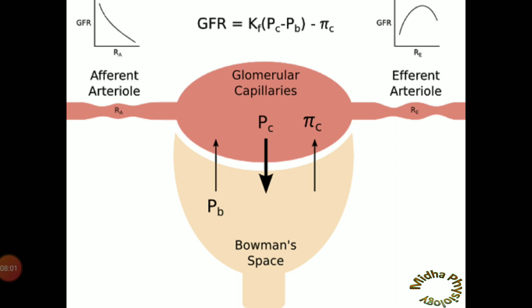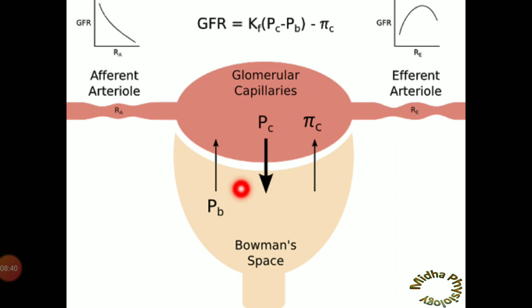So let us discuss the effective filtration pressure here. We all know that from this capillary, the blood would be filtrated out towards the Bowman's space. The blood in this capillary is coming from the afferent arteriole. When it comes towards the capillary, this blood has two different kinds of pressure, as we have discussed before: the hydrostatic pressure and the osmotic pressure. The hydrostatic pressure and the osmotic pressure of the capillary is one factor which is trying to help the filtration of blood out of the capillary into the Bowman's space.